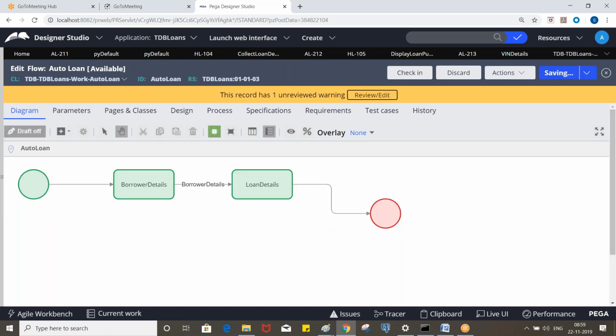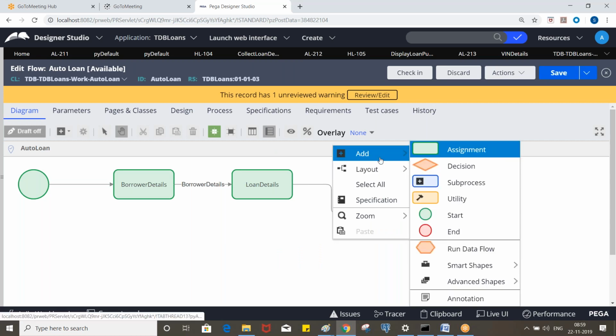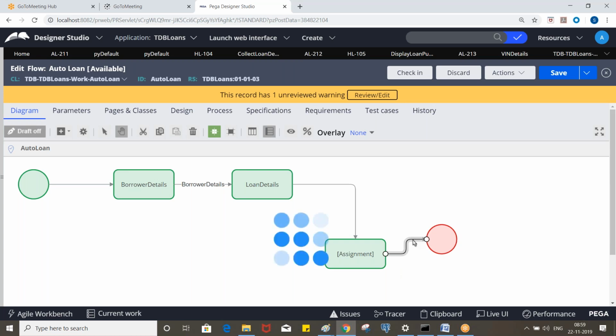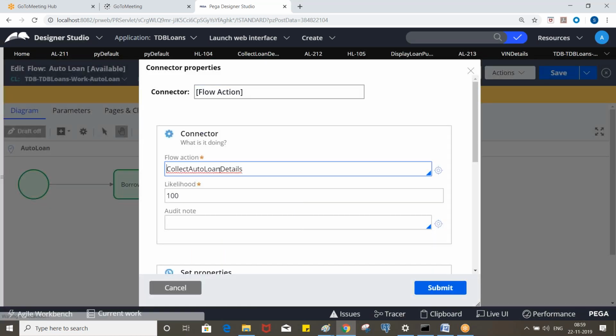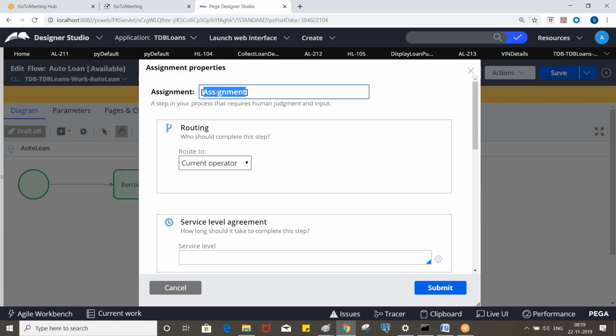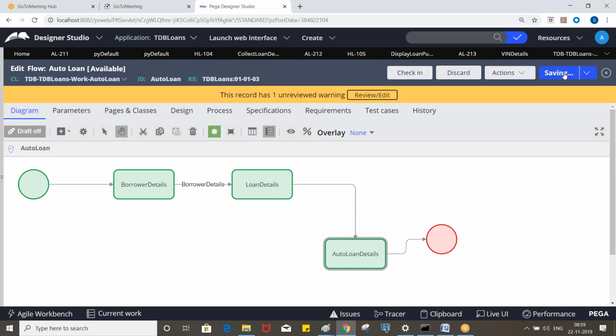We need to add an assignment, right? This is collect auto loan details. Okay. And specify the assignment label.